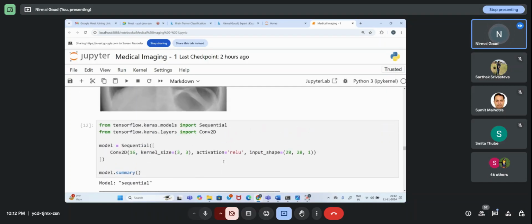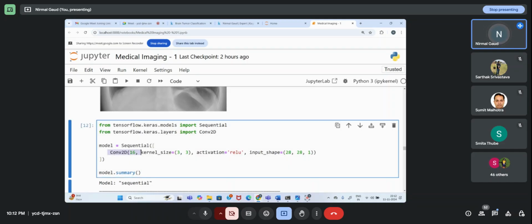I have one more code where I've applied a single layer convolution over an image. This is how you can incorporate a convolution layer. 16 filters are there, of 3 cross 3 size.